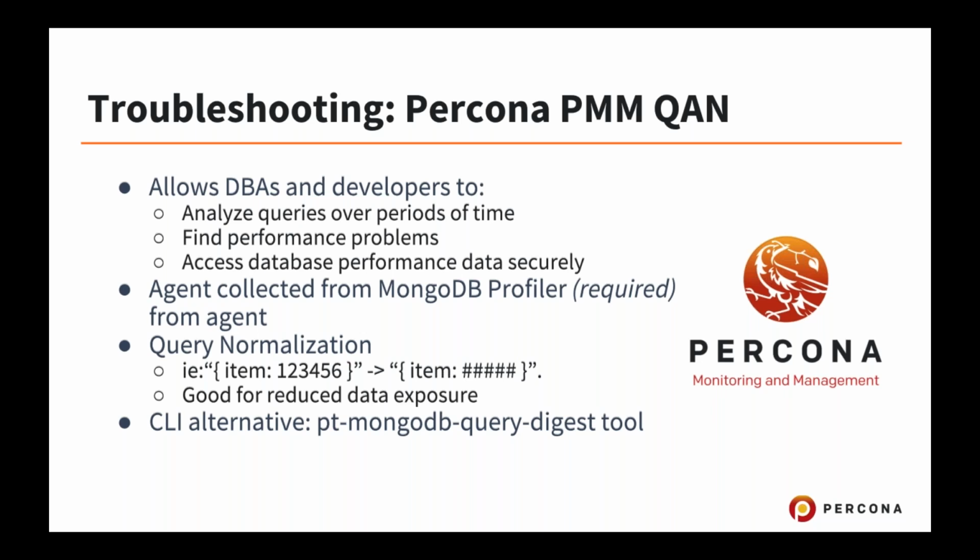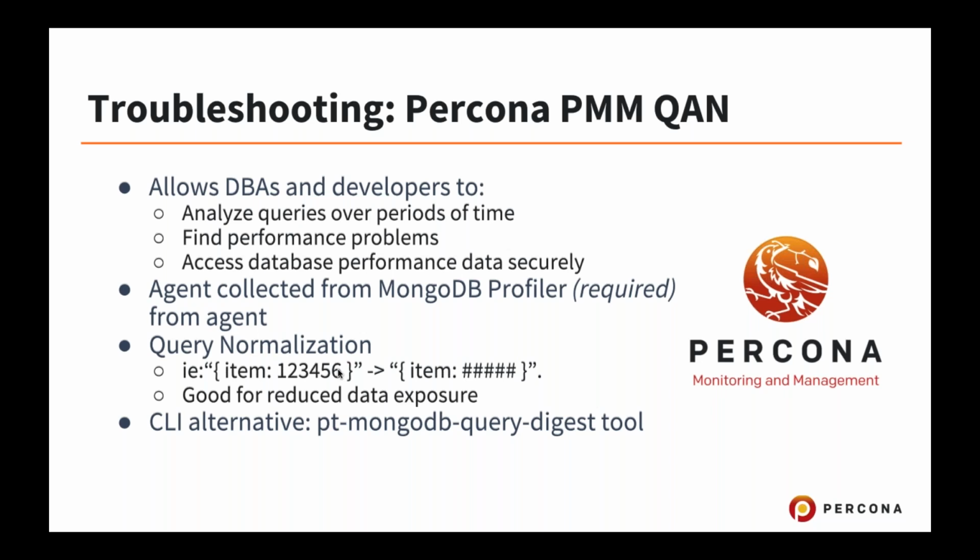PMM QAN allows you to display this data, that typically you'd need to hop on a server to see, in a web browser without leaking data, because we actually normalize the queries in a way that the sensitive data is essentially removed. So in this example here, in query normalization on this page, 1, 2, 3, 4, 5, 6 would actually be displayed as number signs,